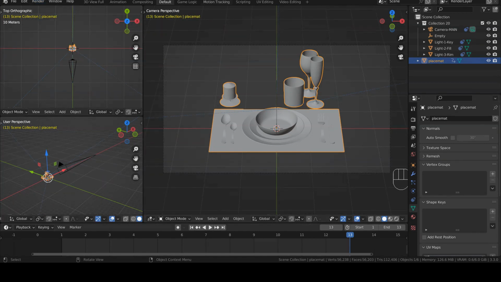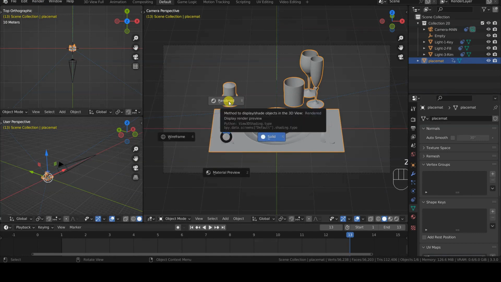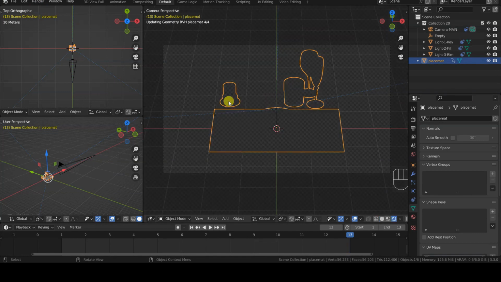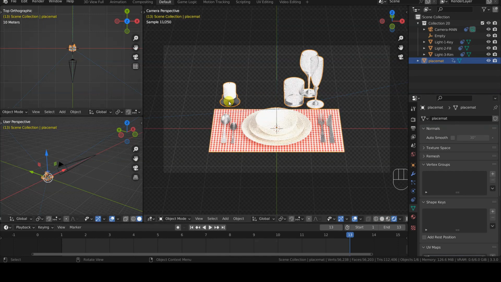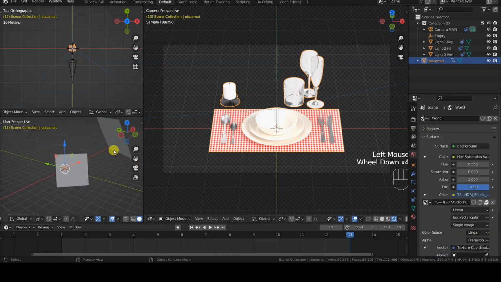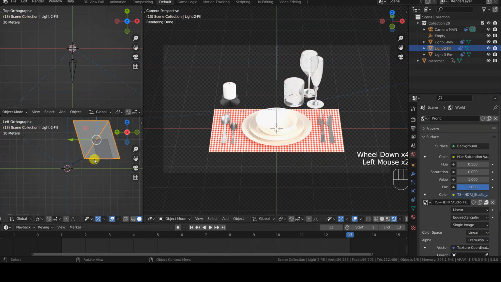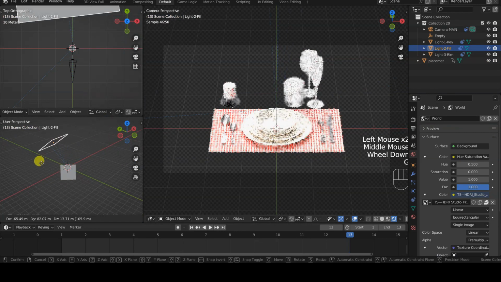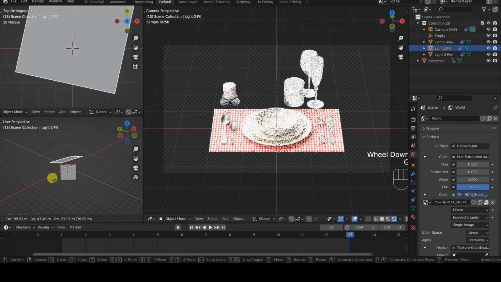The lighting of the model can be checked by pressing the Z key and switching to Rendered View mode. In this way, by examining the model in various frames of the animation, we can decide whether to keep the default lighting scheme or whether to change the settings of the three emitting planes or change the EXR or HDR image used in the world background.